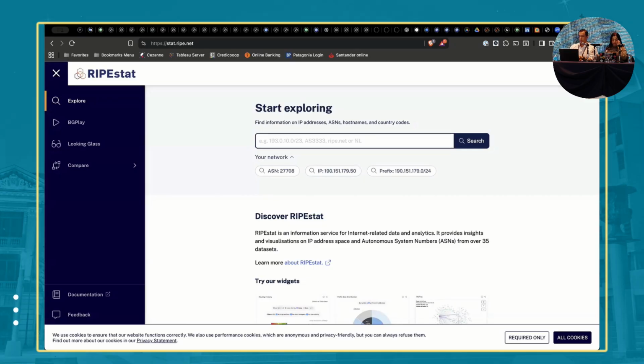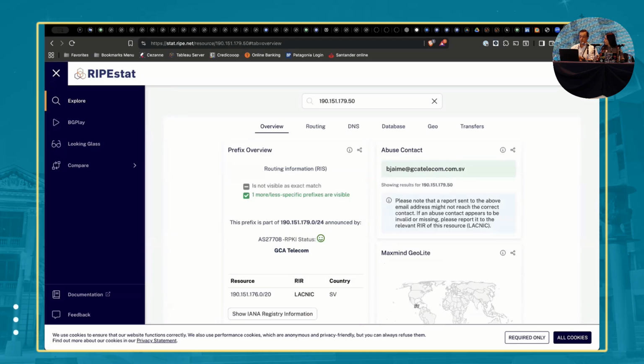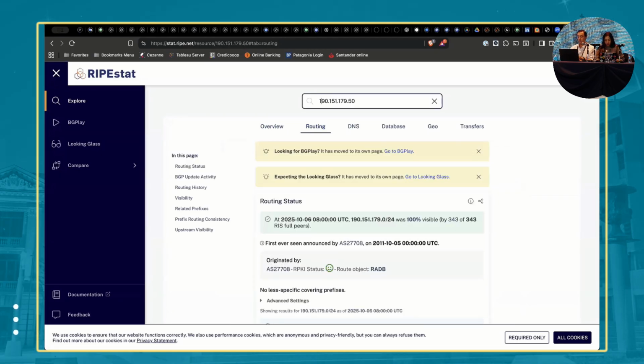So over here, for example, I enter this IP over here. So we're going to do the query. If with the people who are following us remotely, or if anyone wishes to go up to the microphone, we can check out some of the autonomous systems that you can let us know. We're going to check the